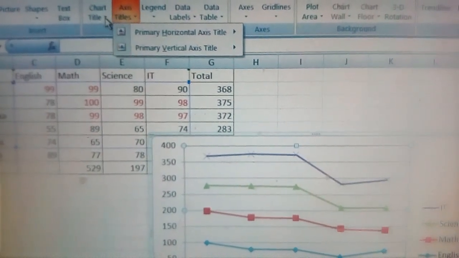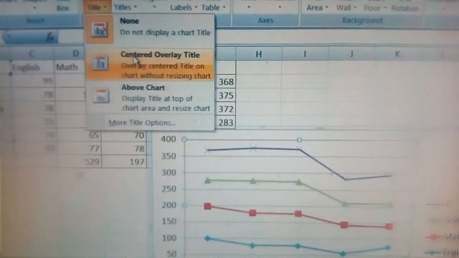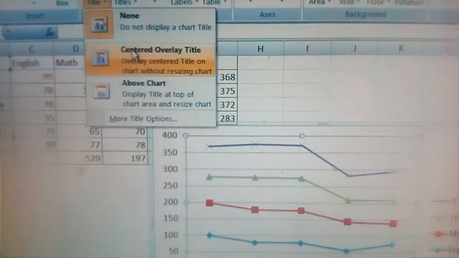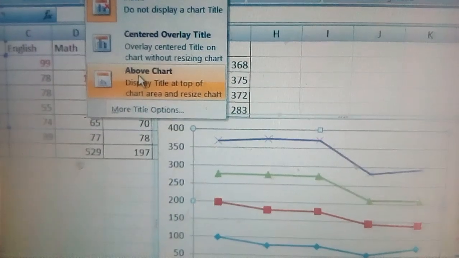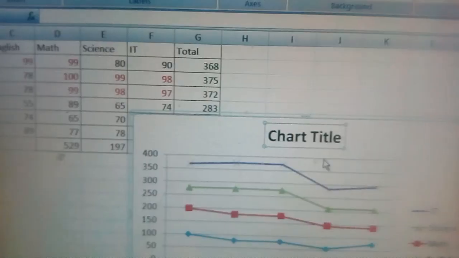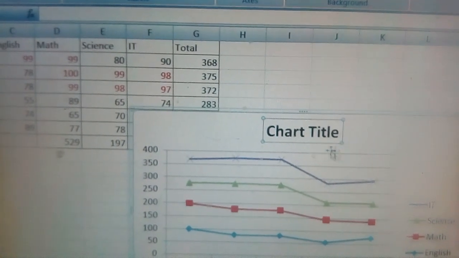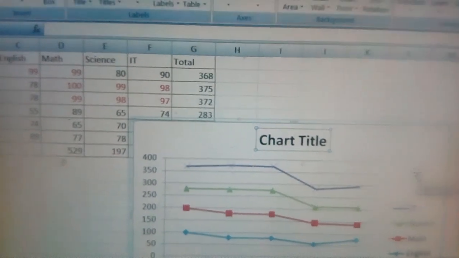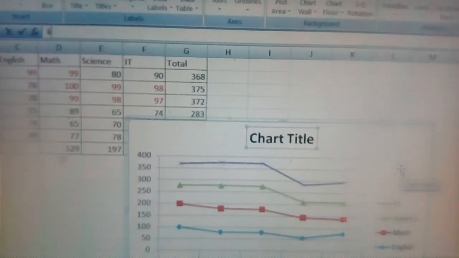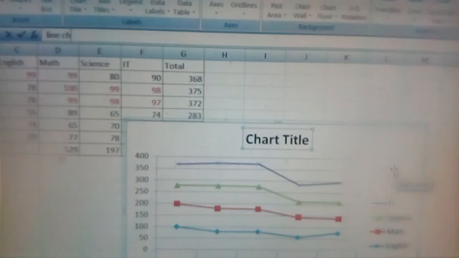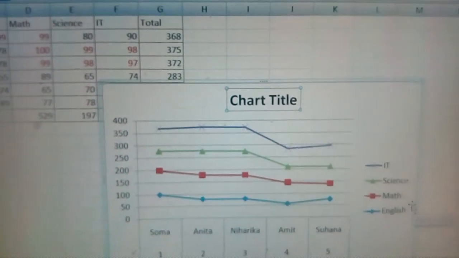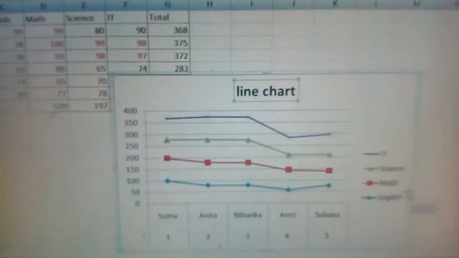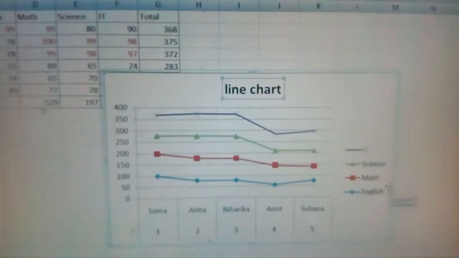So for chart title, I am showing you, suppose above chart and centered, where you want. So I have selected above chart. Now you give the name over here, suppose line chart. Just press enter, and the line chart title will come over here. Is it clear?